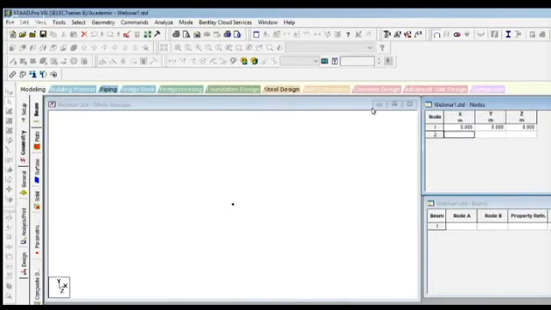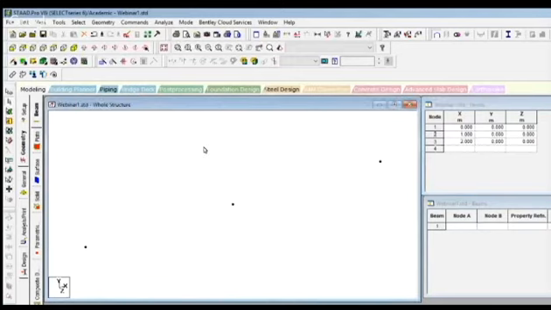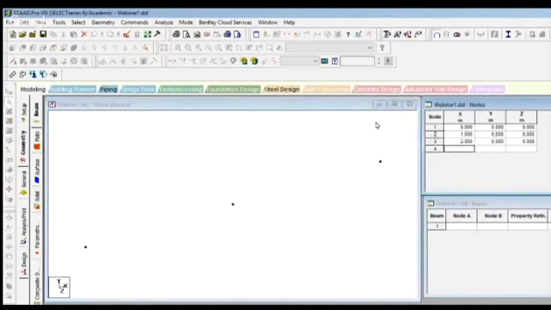Now again we will insert another node, 1, 0, 0. Similarly, we will do it for 2, 0, 0. As soon as you put the coordinates in the node table, a number of nodes appear in the main structure window. Similarly, now we will put some nodes along the z-axis.